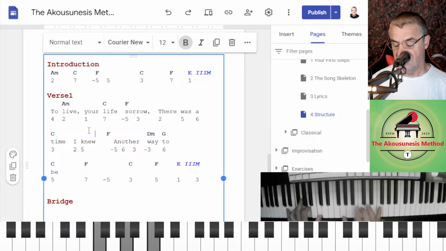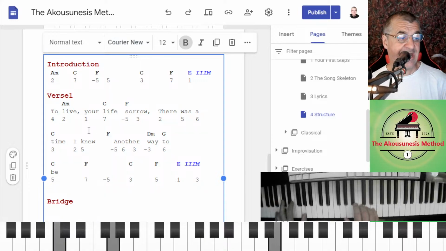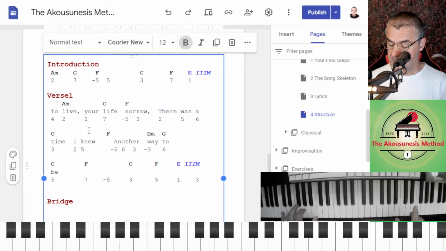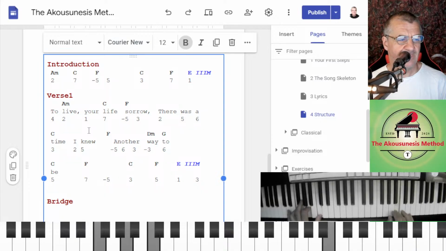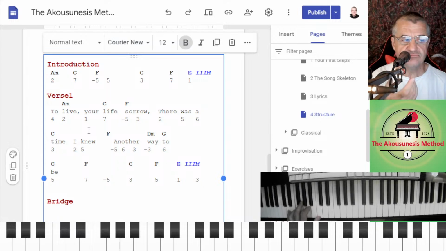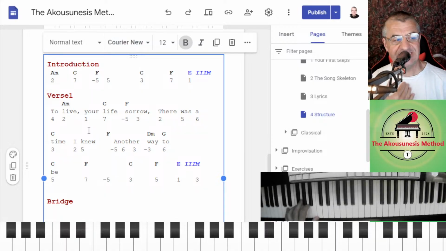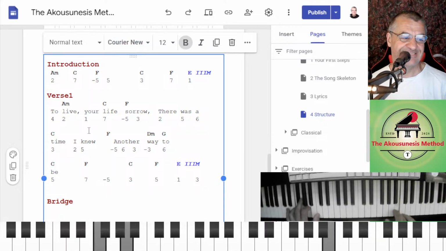So we're still on the F. There was a time I knew. F. You also got to choose things that are going to work with your vocals as well, with your particular tone. But of course, if it doesn't, you can practice it to make it work. If it's not working straight away, sometimes you just practice it and it will.